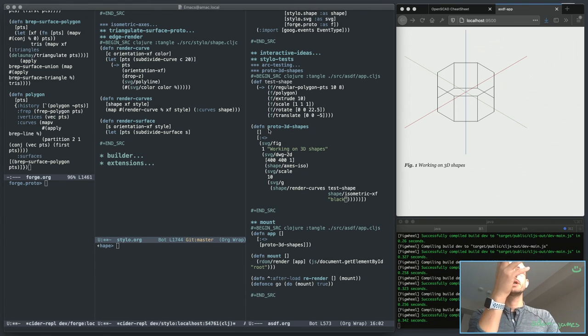Let's subdivide the surface S by (20, 20). So that gives us a list of, that gives us basically a grid of points. But we don't want,